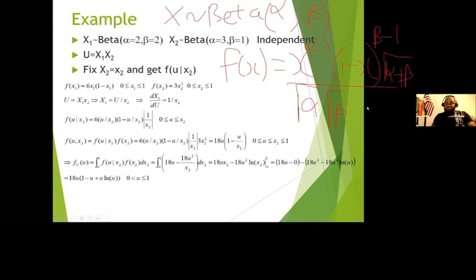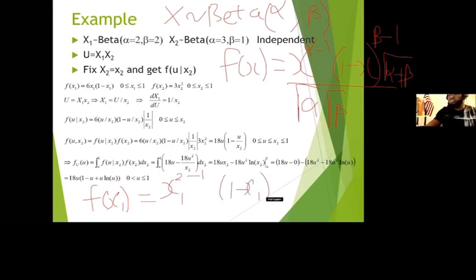Now, x1 follows a beta with alpha equal to 2 and beta equal to 2. So when you plug that in for f of x1, it is x1 raised to 2 minus 1, and 1 minus x1 raised to 2 minus 1, then gamma of 2 plus 2, divided by